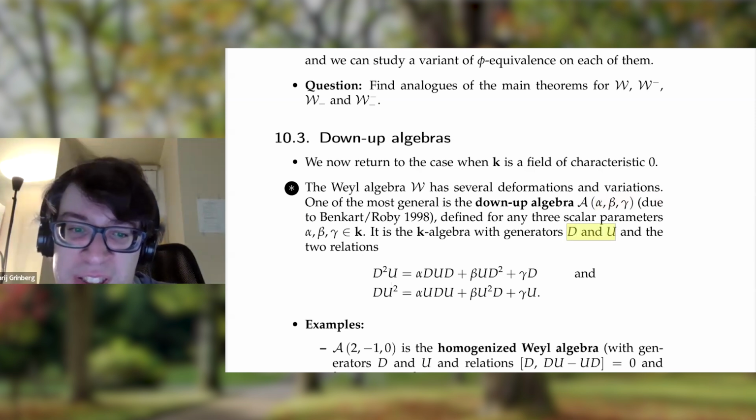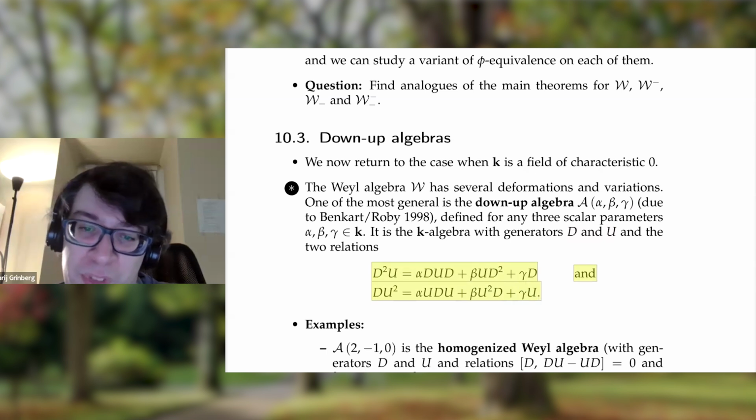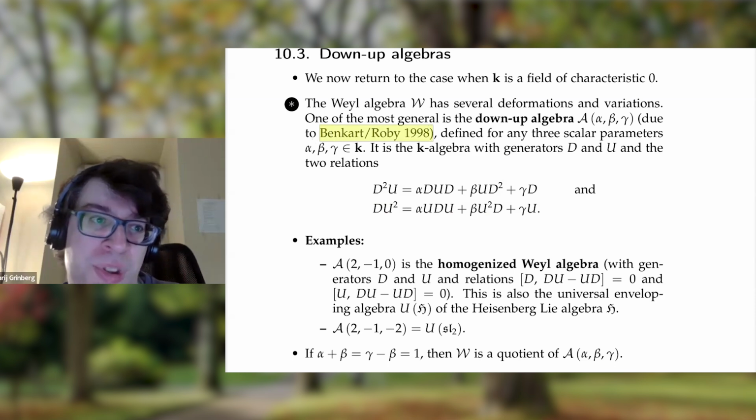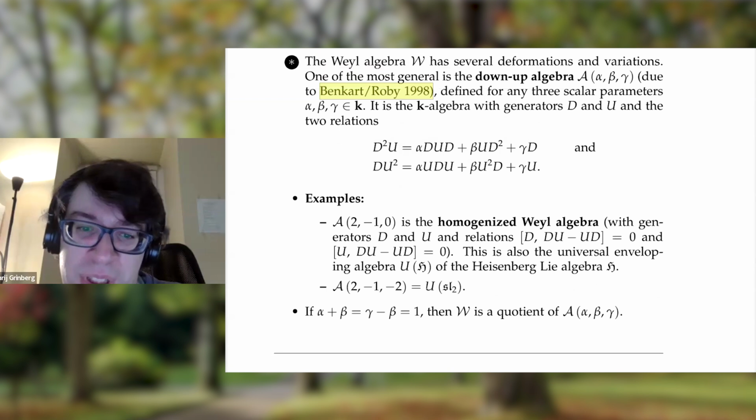It has two generators and two relations, which admittedly look a bit weird. It takes some getting used to, but these relations encode a lot of interesting algebras. These were found by Benkart and Roby, originally meant to study quantum groups, but in particular you can get